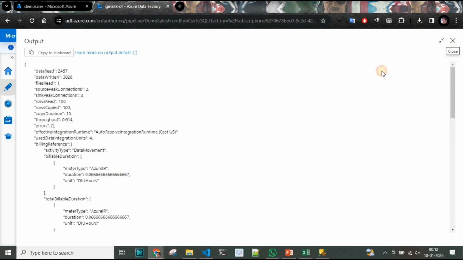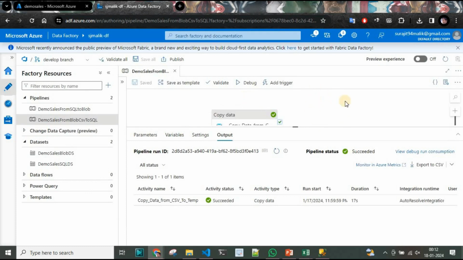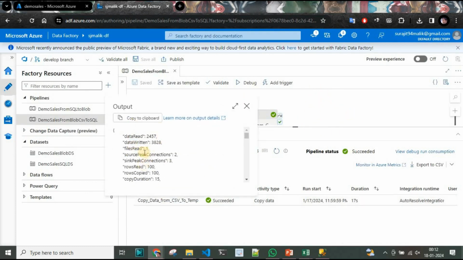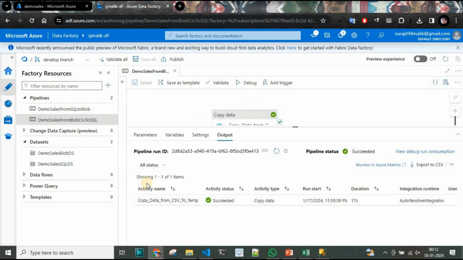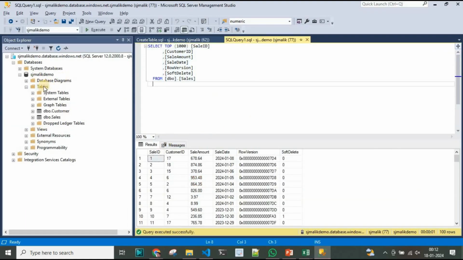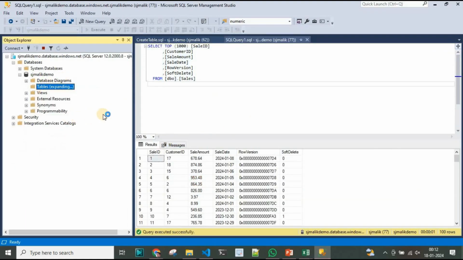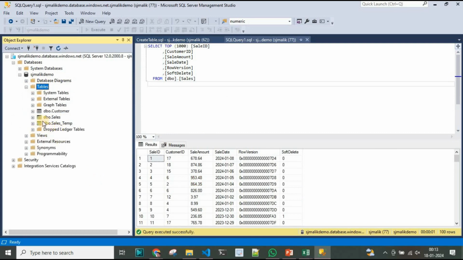You can also check this after, if you put an activity, after that you can use this output there to validate if all the rows are read successfully, all the rows are copied successfully or not. Now I'll go to SSMS and check whether the table is created or not. So if I refresh it, you can see that the sales_temp table is created, and if I check the columns here,